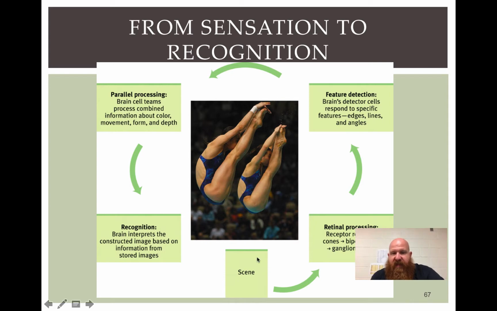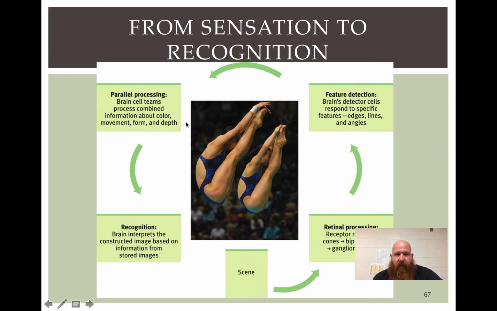So you start with a scene. In this case, it looks like 2 high divers. The retinal processing happens, the actual physical part, the receptor rods and cones, bipolar cells and ganglion cells. The light sort of goes through that. Then it goes in our brain and hits the feature detectors. Those brain detector cells respond to specific features, edges, lines, and angles. So we recognize these are divers just based on the angles, and then the perception or depth perception